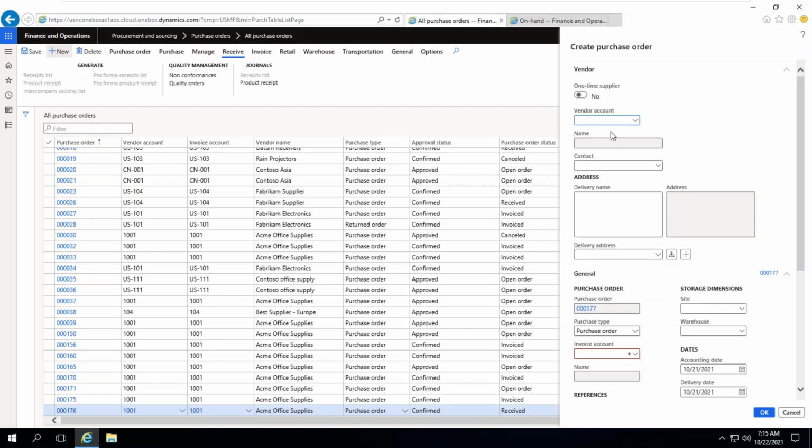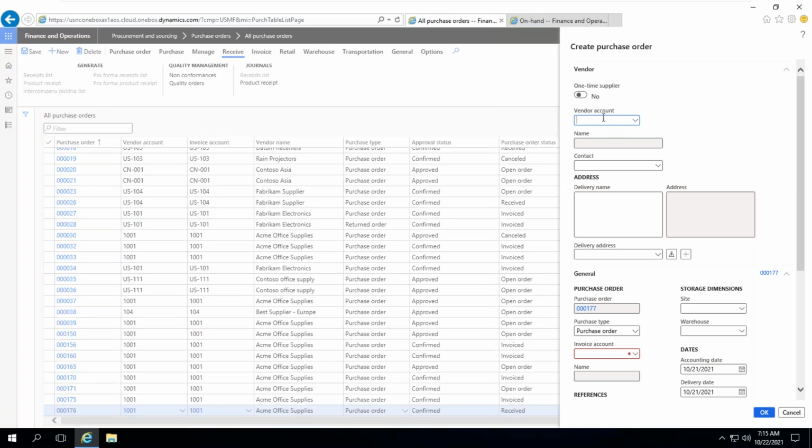Suppose vendor 1002, another vendor I'm taking, and warehouse 11. Click OK. If you select the warehouse, the site will be populated automatically.